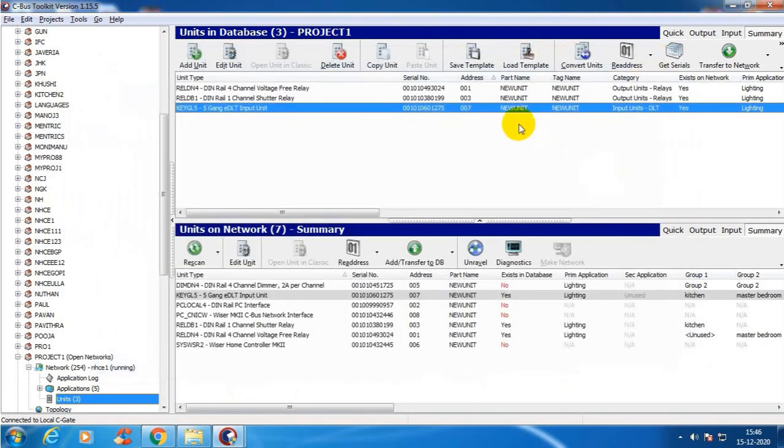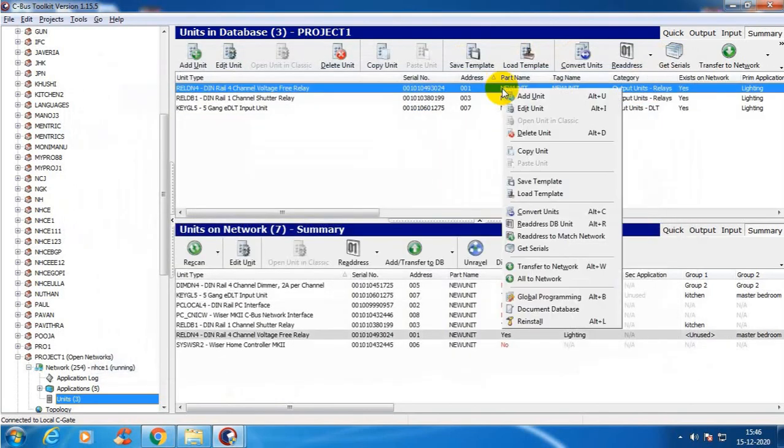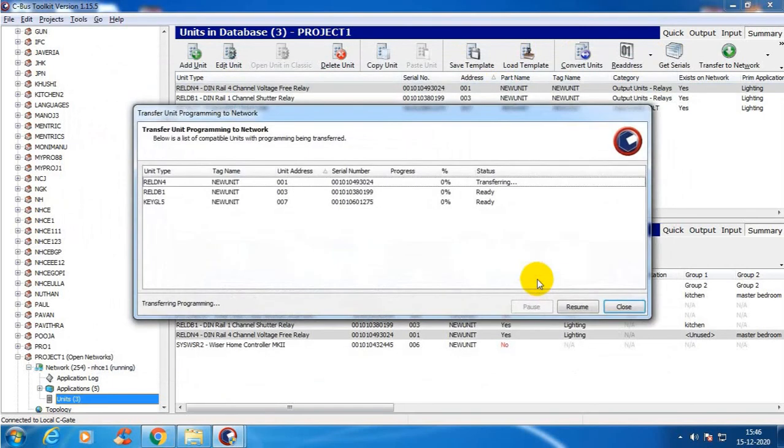Then after that, what you have to do, right click on any one of these items, that is units, all to network. Click all to network so that it is transferred. Okay, so the units are transferred to the programming network.